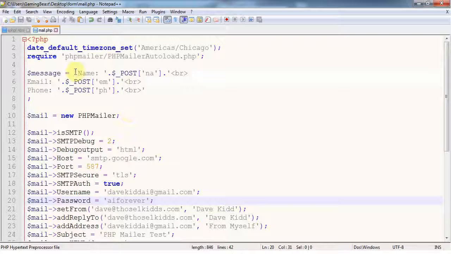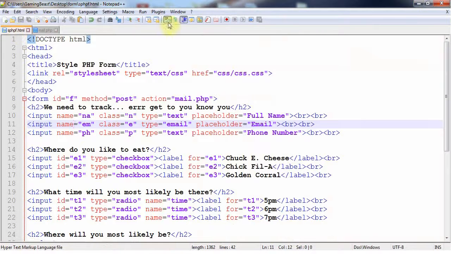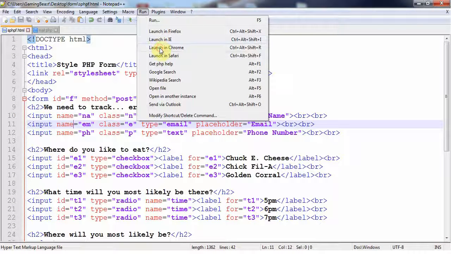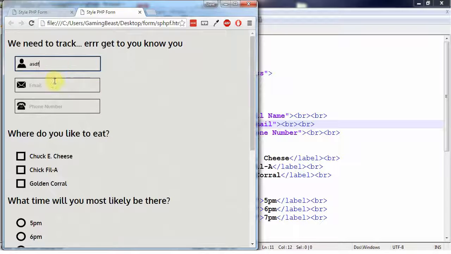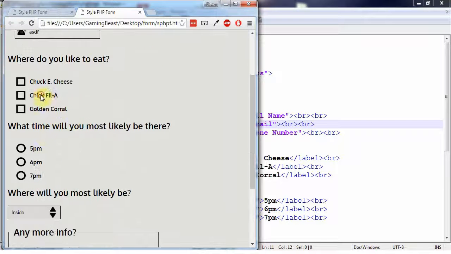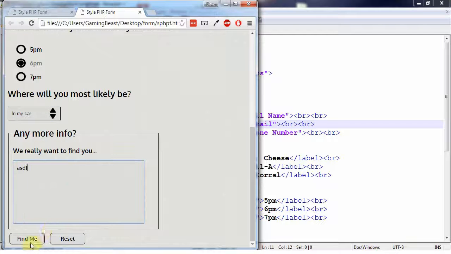I already have it set up a little bit. I have it email me the name that they typed in, the email that they typed in, and the phone number that they typed in. I'm just going to test it to see if it's working, and if it's not, we'll troubleshoot it and figure it out. Remember, I can't just run the HTML file in Chrome this way. It won't work. So if I go in there, do some stuff, type it out, and hit find me,